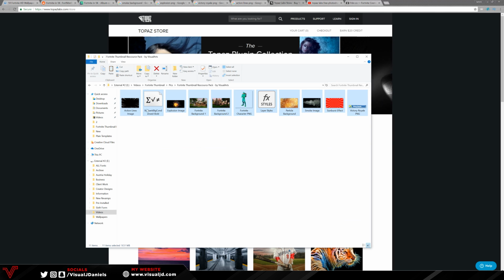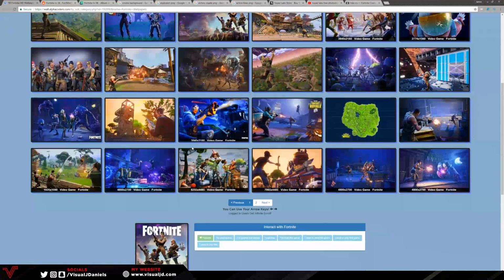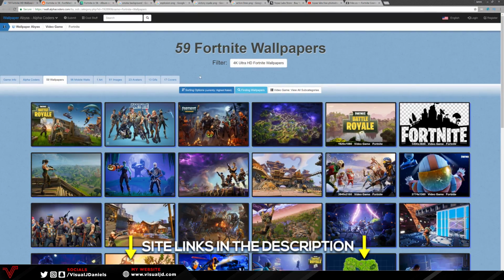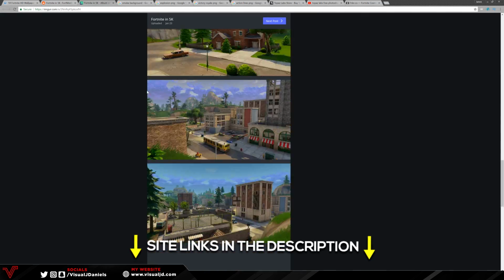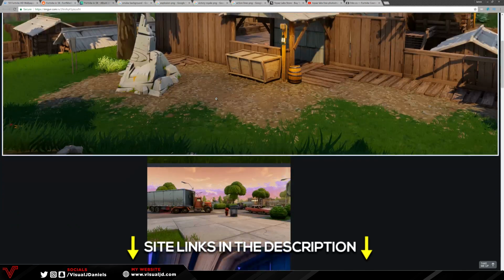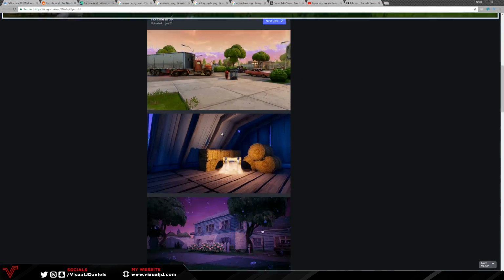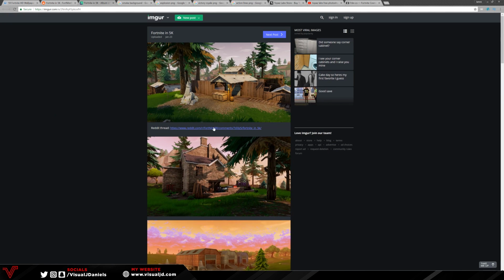Now, as I said, they are included in the resource pack in the link in the description, or you guys can go ahead and find your own backgrounds. I'll leave a link to this site which has 59 Fortnite wallpapers on there, and also I'll leave a link to this Reddit post where it has image screenshots of 5K Fortnite wallpapers. As you guys can see, these are really high quality if we click on each one of these. So depending on what thumbnail you are making, you can choose another one, but I just went with the first